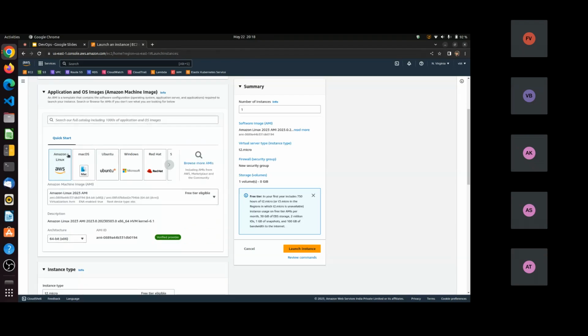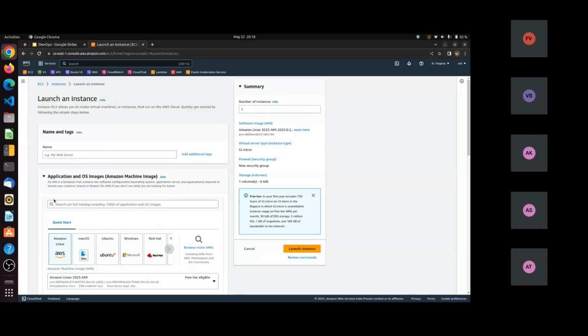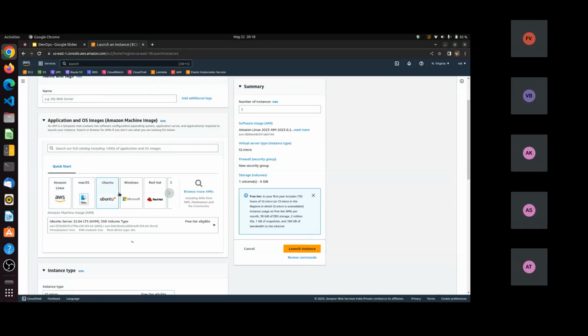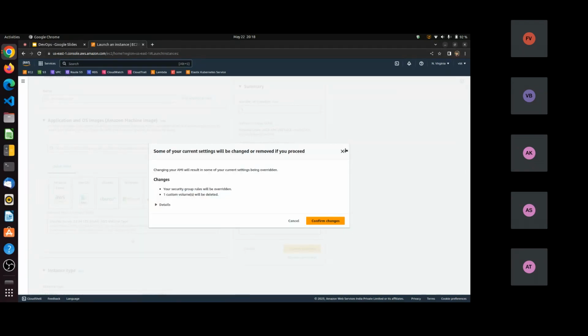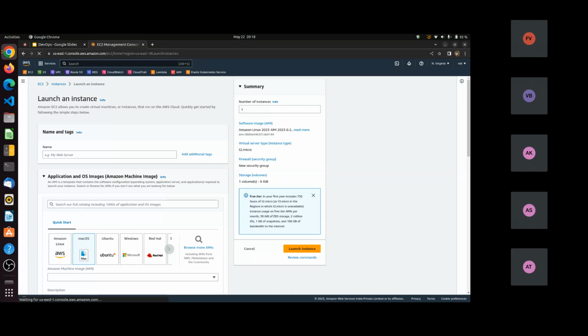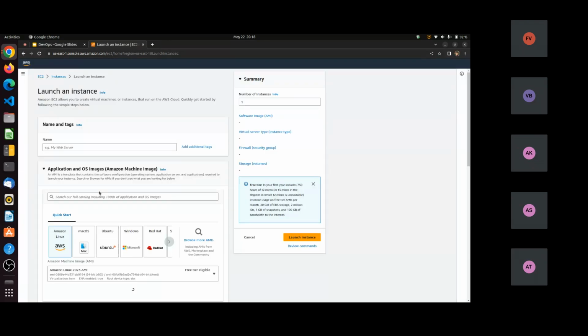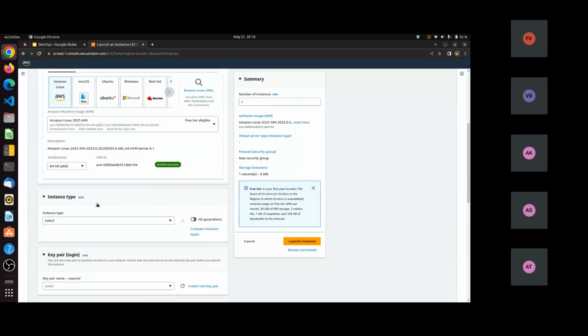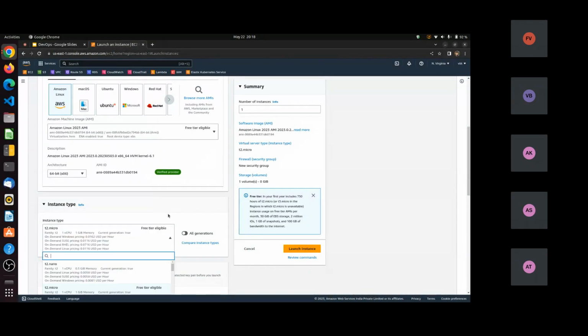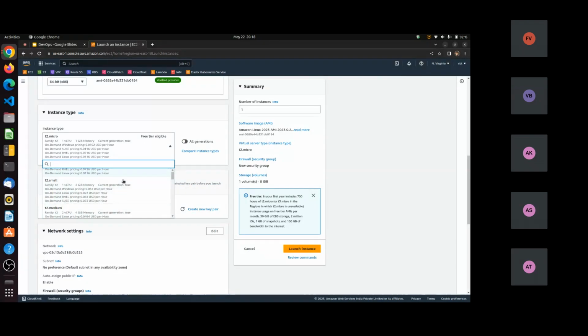I will just show one. Here we can launch an instance. We can choose the OS. Which OS you need, we can choose it from here. Then here we can choose the instance type.